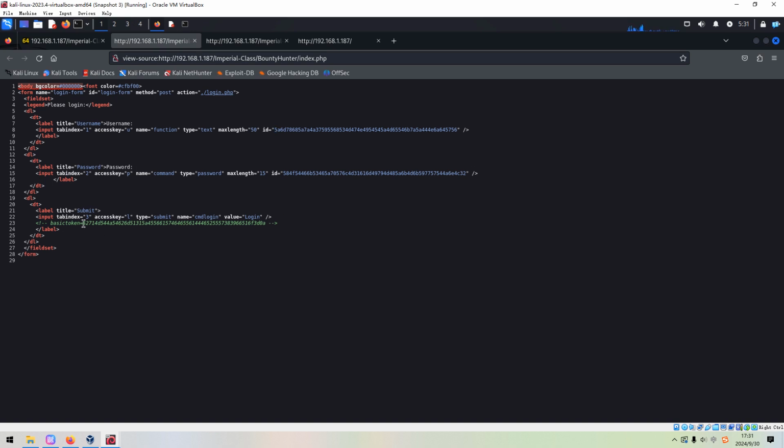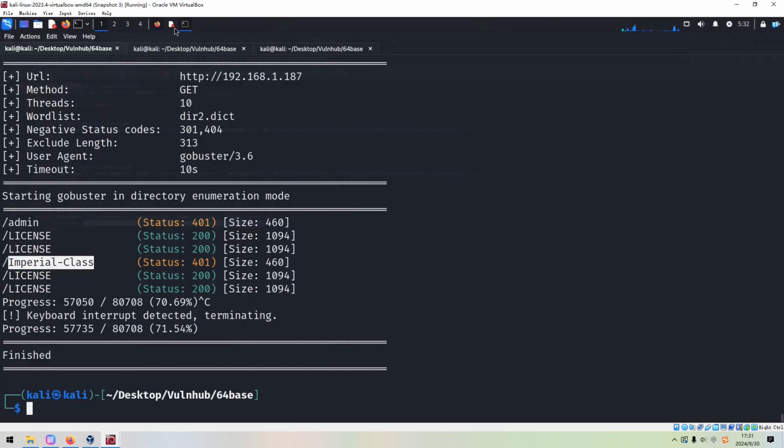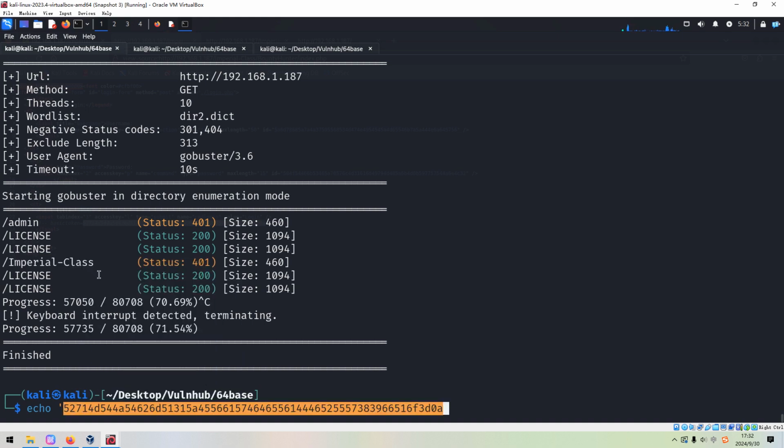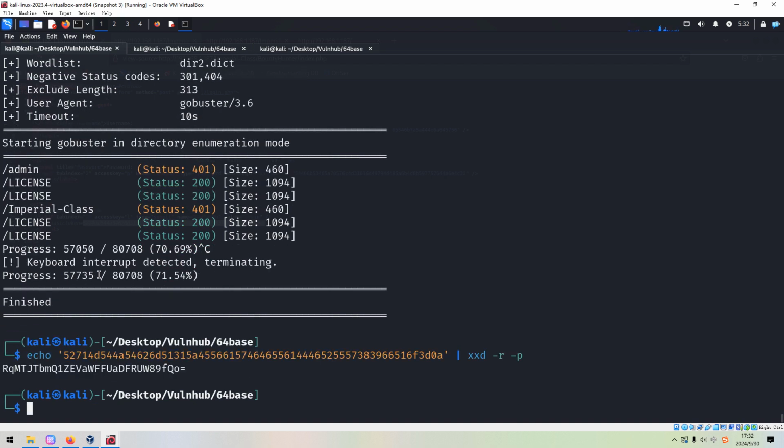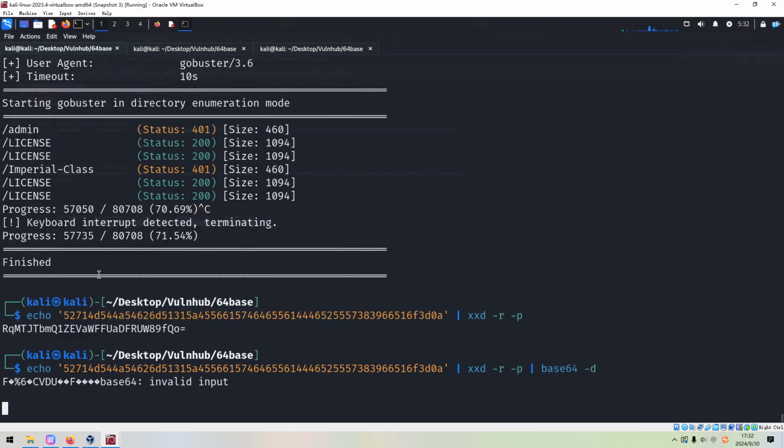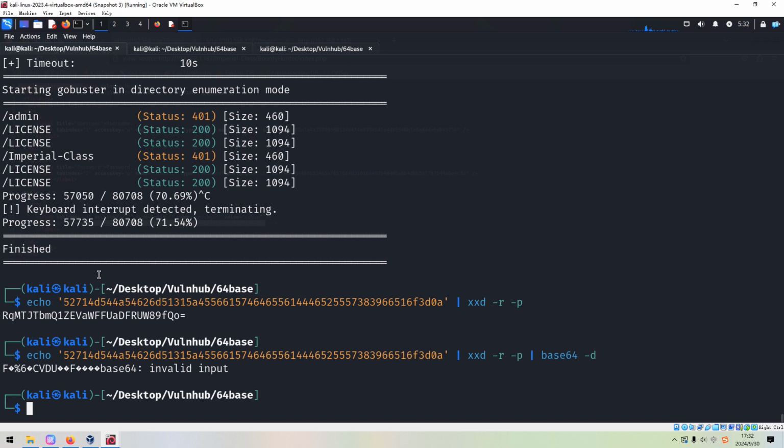things. For example, if we just decode this part, echo, and we can pipe to xxd, we get invalid input.